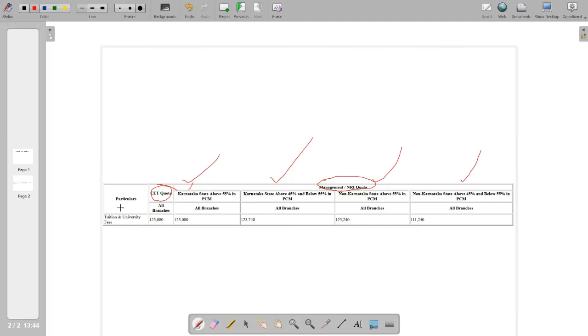Coming to the second row. The second row will start from this place. This is the second row from these parts. This is already merged here, three rows together, and this merged two rows. So the second row's first value we can display: Karnataka state above 50% PCM.